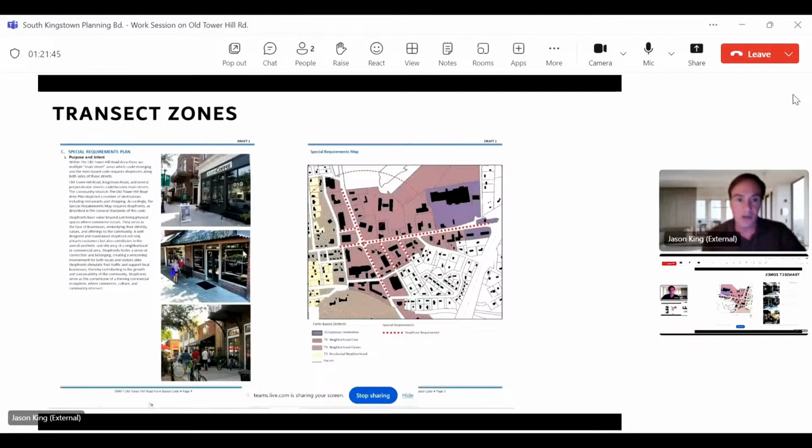On the bigger roads, you're required to build large sidewalks. So you've got a lot of these things in your existing code, in your existing zoning and land development regulation. But you don't have anything like this. You don't have a special requirements map yet.